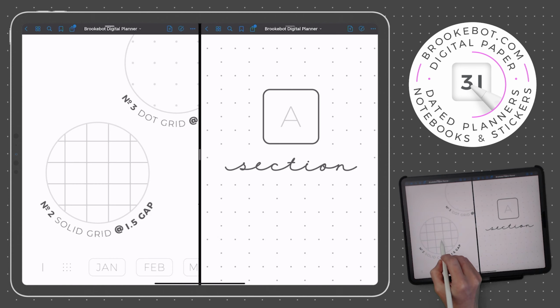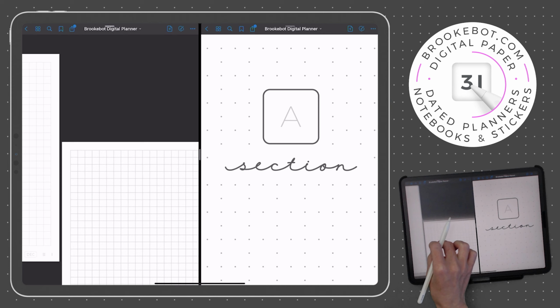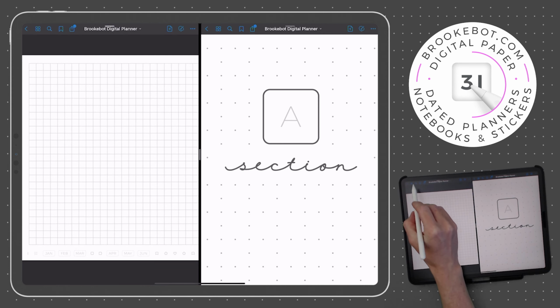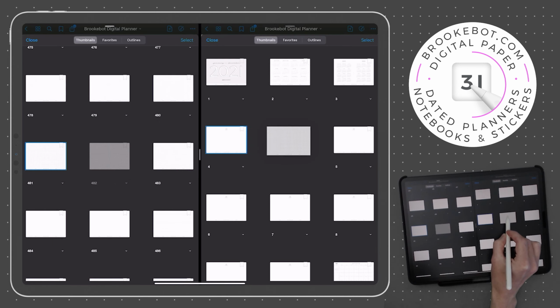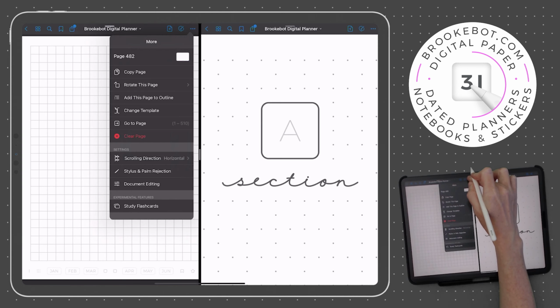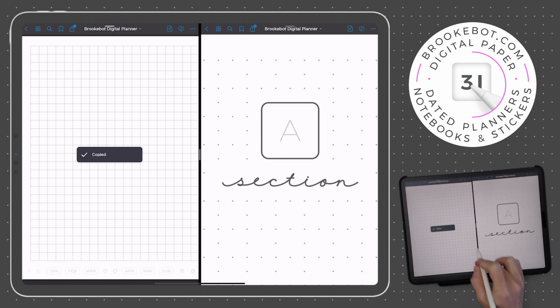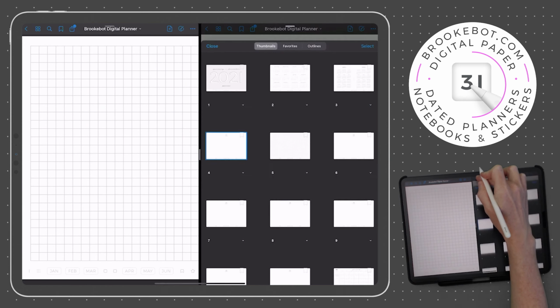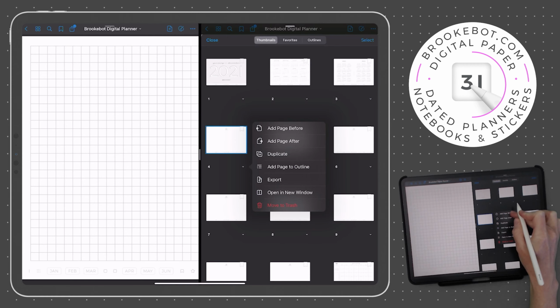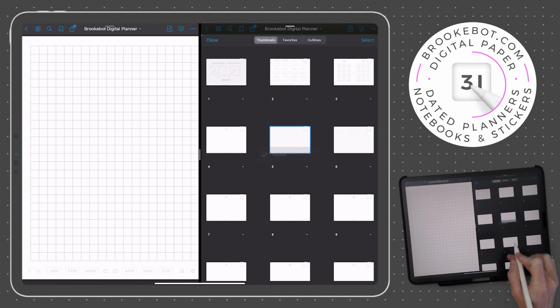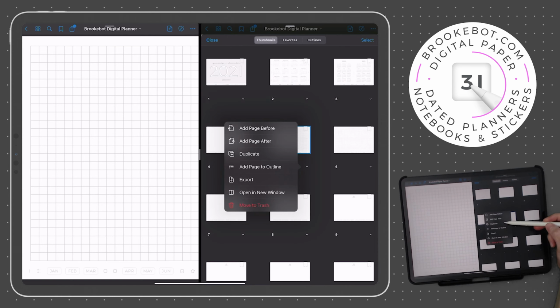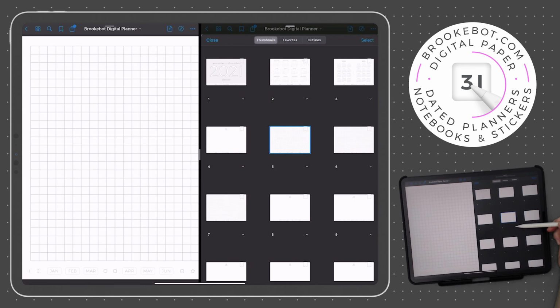Duplicating DigiPaper pages and placing their copies can be achieved a couple of different ways. Either duplicate the original paper in thumbnail view and drag the group of copies to relocate them, or copy page from the 3-dot menu, add page after, and paste page in thumbnail view. Then from there, you can duplicate the pasted page multiple times. DigiPaper can be duplicated as many times as needed, potentially offering thousands of copies.